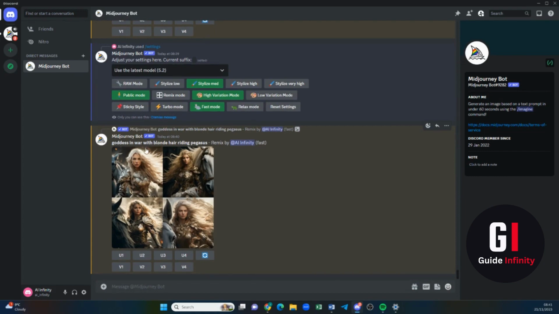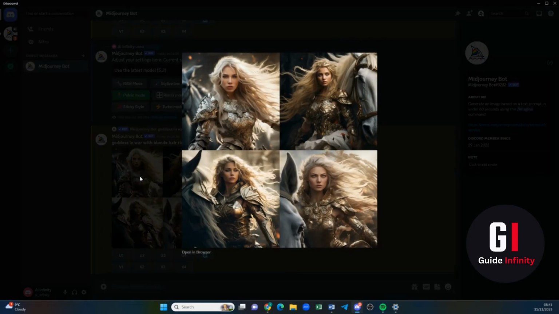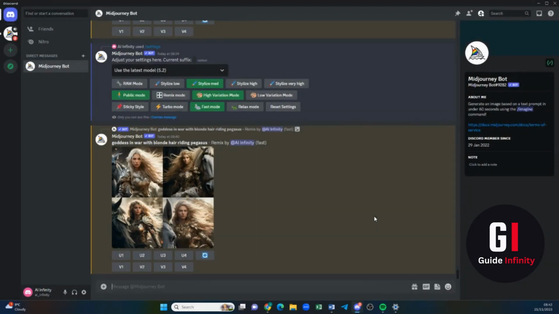So you can see that I've put in my prompt, goddess in war with blonde hair riding Pegasus. These pictures have been generated and I think they look absolutely incredible. She looks such an awesome warrior. I'm loving her armor. She just looks awesome. So I'm loving those. But if we didn't like the pictures, what we could do is press this button here,